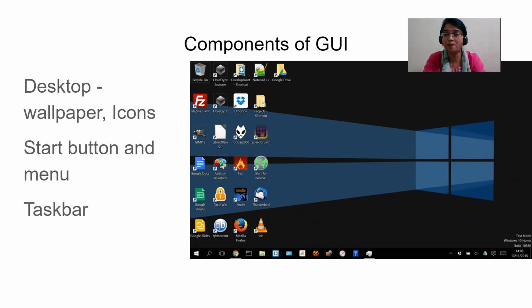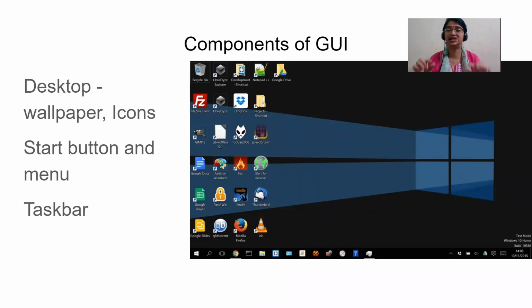Now, desktop is the opening screen that we get on our screen of the operating system, wherein all the icons are placed one beside the other. Each icon is of different type, represents a particular action or type of work that it can do. And this desktop can be covered with a wallpaper. And at the bottom, we have something called the start button. If we click on this, it is going to show me all the programs or applications that are loaded in our computer. Then once we select any application, we enter into that and we can see a menu.